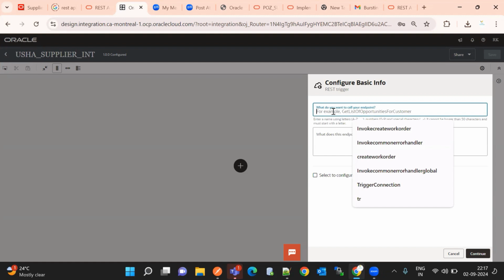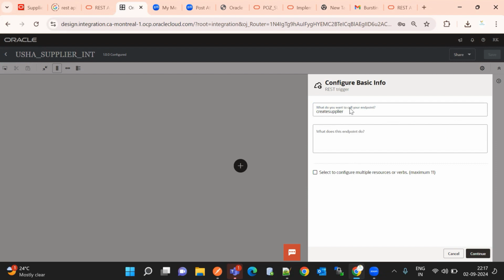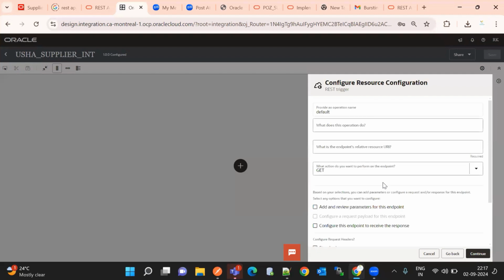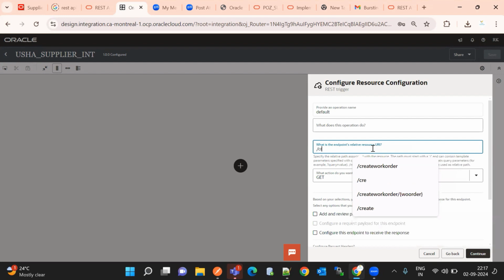So here what we are doing is creating the supplier. That's why I'm giving the name. What do you want to call your endpoint? Create supplier. And here we can see the endpoint relative resource URI. So I'm giving my URI like create